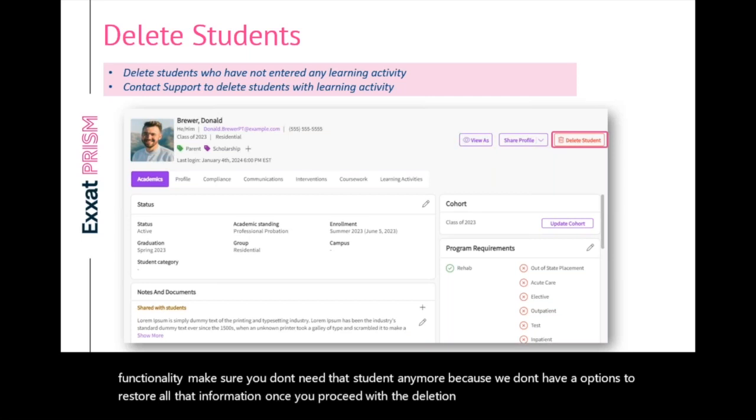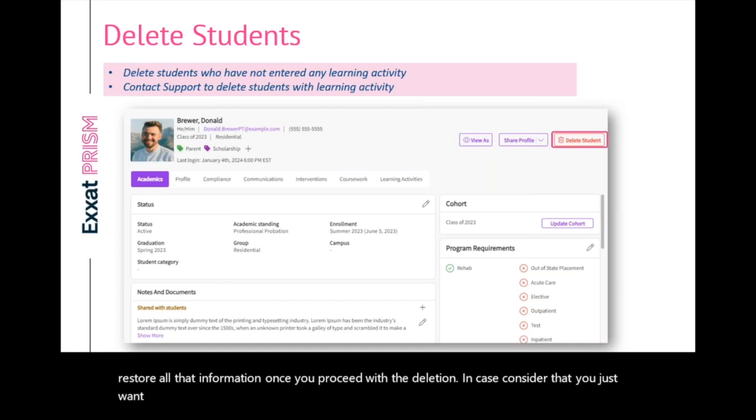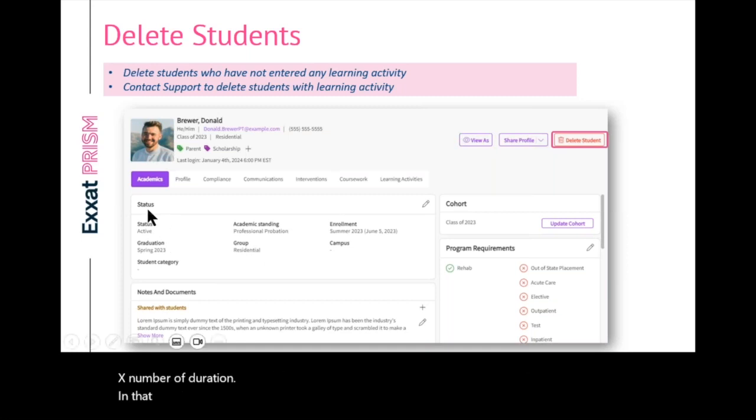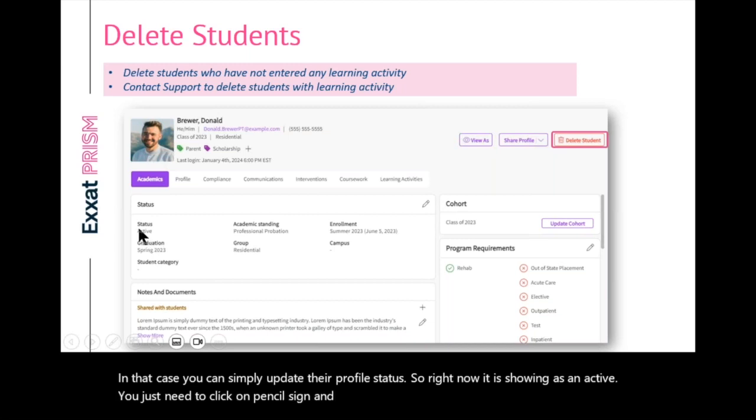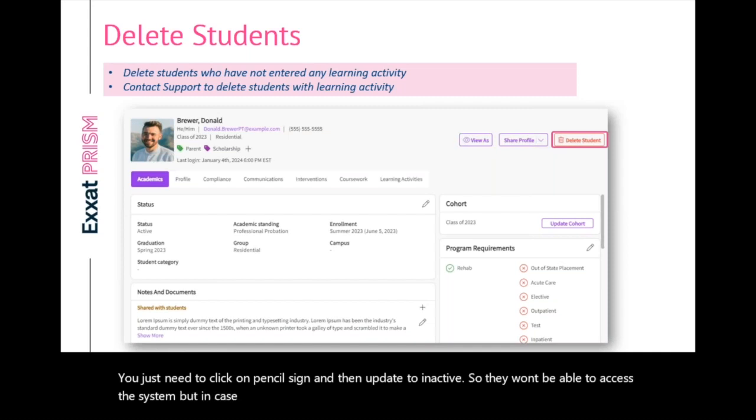In case you just want to, let's say, block a specific student for a certain duration, in that case, you can simply update their profile status. So right now it is showing as active. You just need to click on the pencil sign and then update to inactive, so they won't be able to access the system. But in case you want to permanently delete that student from the system,